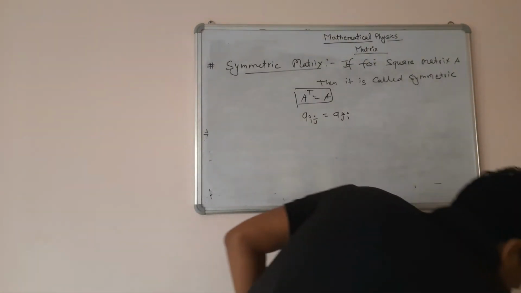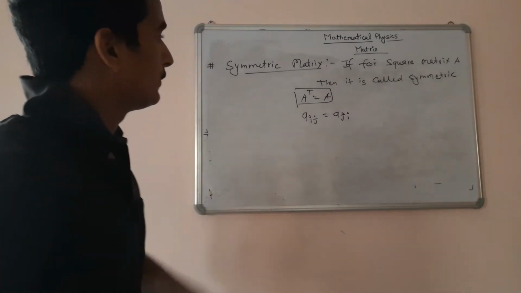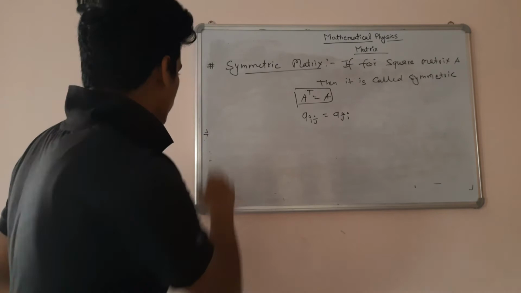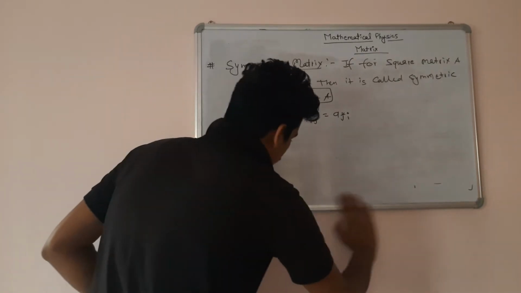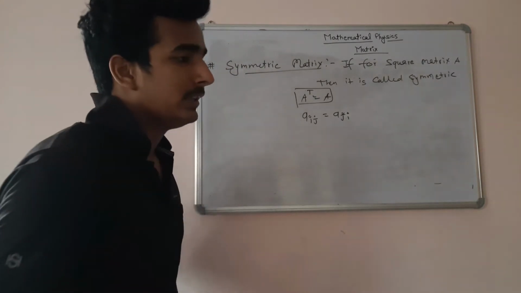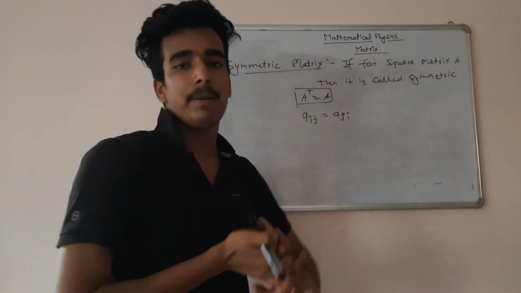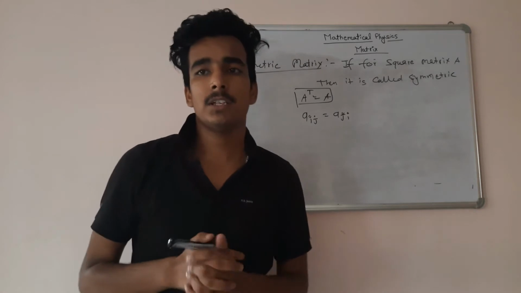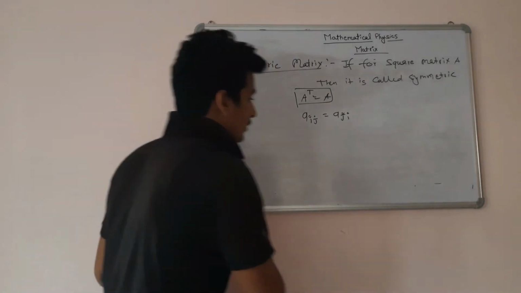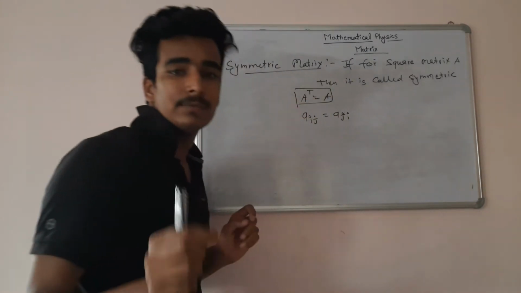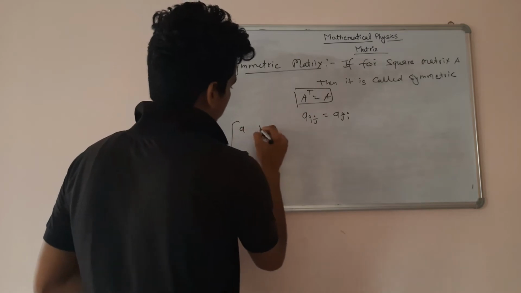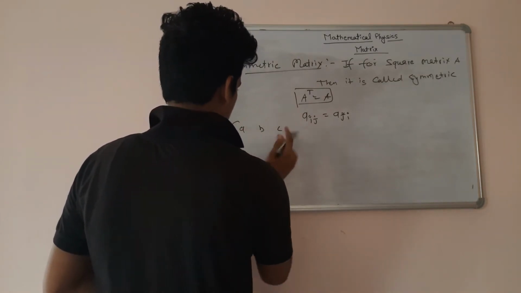Now again, back to the symmetric matrix. The definition of a symmetric matrix is understood. Now if I want to draw a symmetric matrix, how can I find the number of independent elements? What are the independent elements which we put by ourselves? There is no restriction on deciding our independent elements. So A, B, C, and so on.